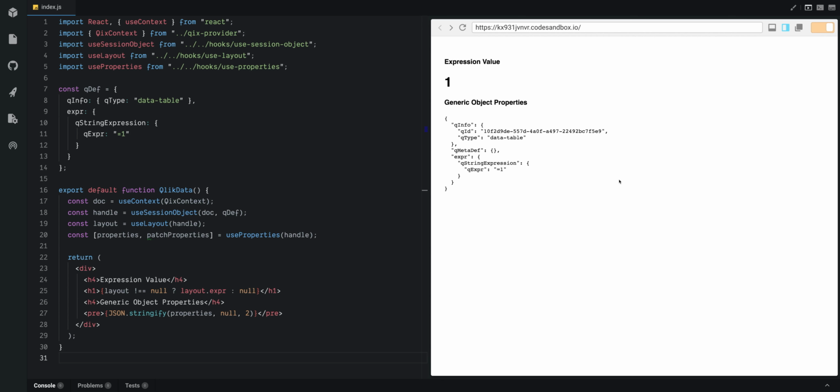Hey, so the Master Summit for APIs is coming up in April in Stockholm. And I want to give you a quick preview of some of the things we'll be going deep on, specifically modifying objects. So anytime I've built a custom solution for a client on top of the Qlik engine, there's almost